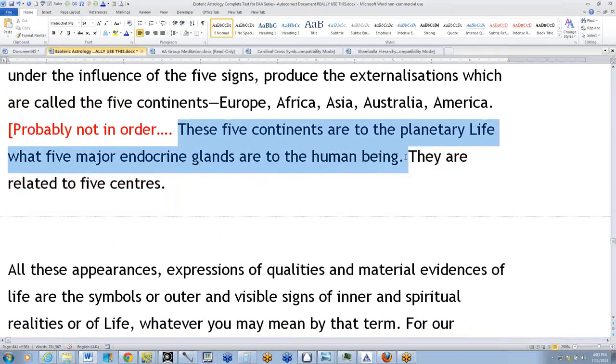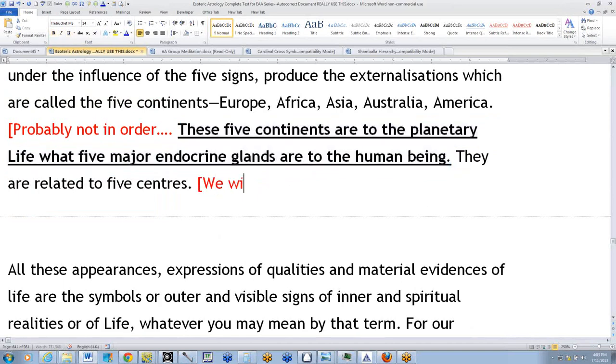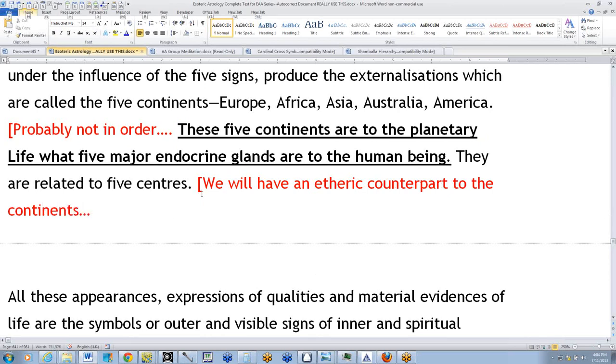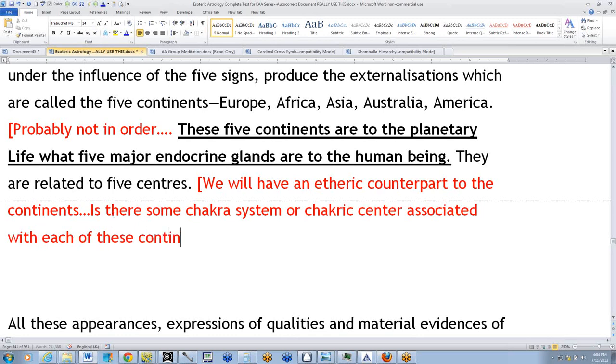And so we're going to have some kind of etheric counterpart to the continents. The continents are external, and what is the etheric part? Is there some chakra system or chakric center associated with each of these continents, because